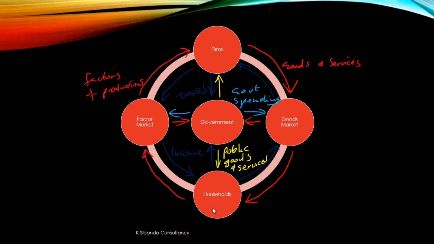Then the government also, in this circular flow, plays an important role, which can be seen by its interaction with households. So the government also supplies goods and services to households. It can be free of charge, or it can be via